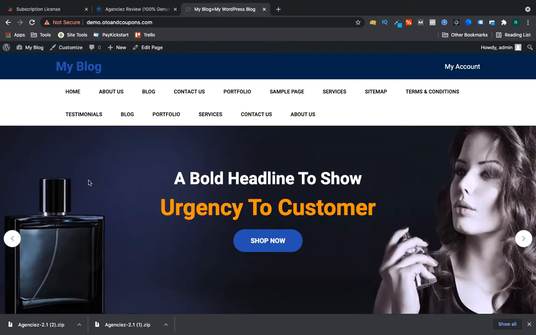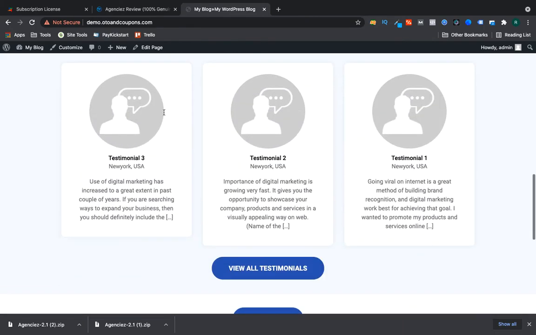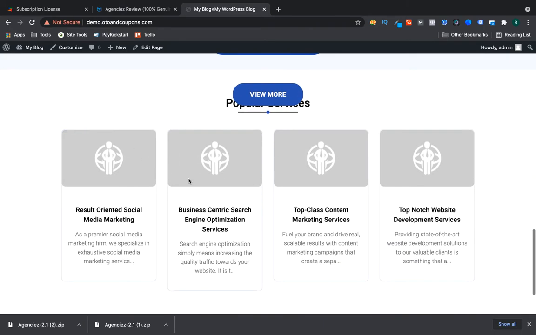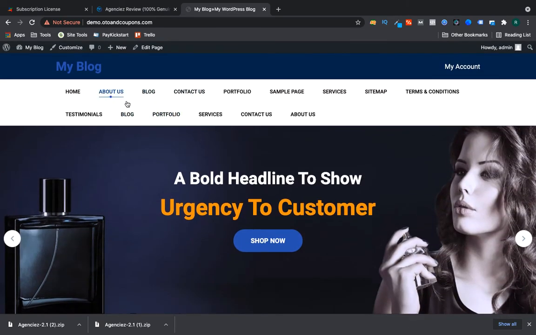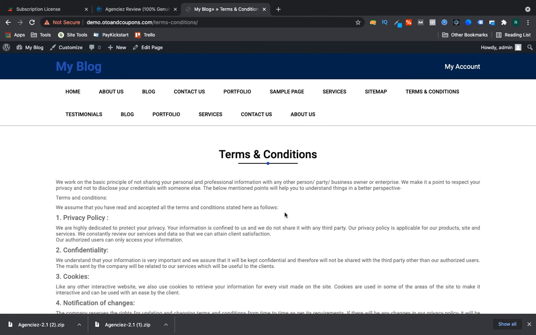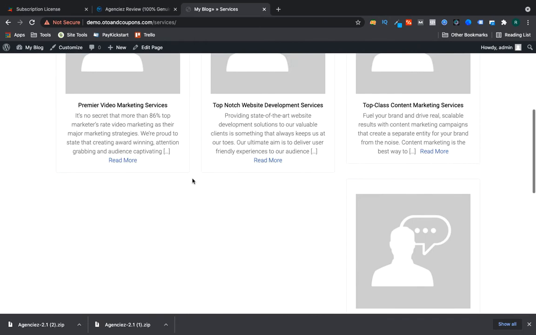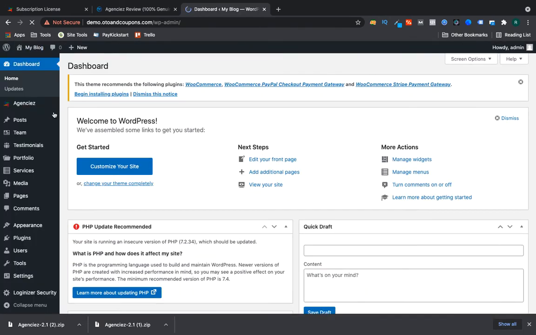So now my website has been loaded. You can see all the things have been done here, like testimonials and all the stuff. You can choose whichever theme you want, and they have also created different types of pages. So the software takes care of everything. For example, see this, but you have to change it according to you. If I go to the service page, then we have different kinds of service, and you have to add them in these.